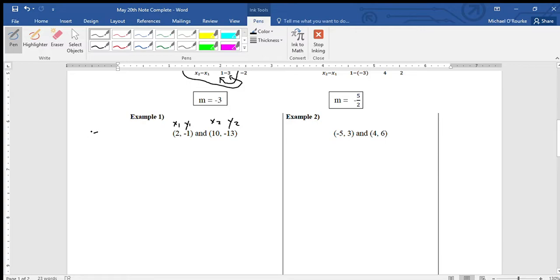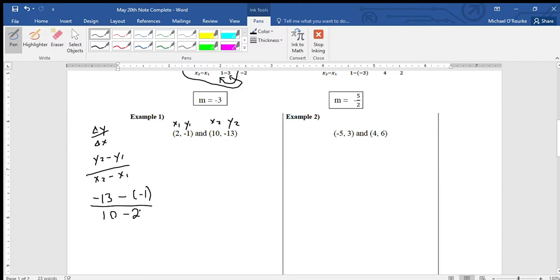So if I were to write delta y over delta x, that really means y2 minus y1 over x2 minus x1. So let's fill in my numbers here. y2 goes first, 13 minus negative 1 over x2 is 10